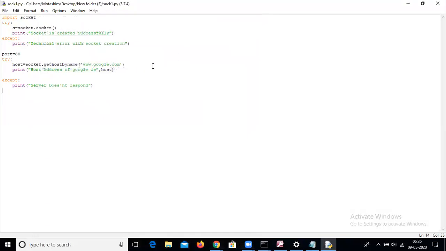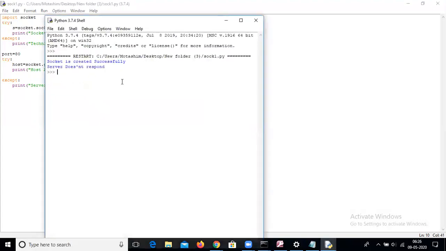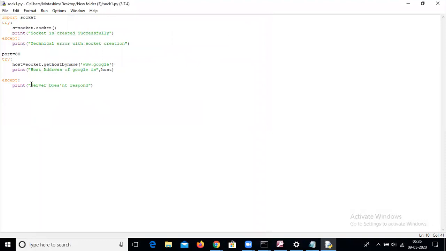Successfully run. Suppose now I'm going to show you some technical problem. Suppose the client inserts the wrong address. Now in this case, what will happen? This is the beauty: server does not respond, or you can change the message to: Sorry, you entered wrong credentials.